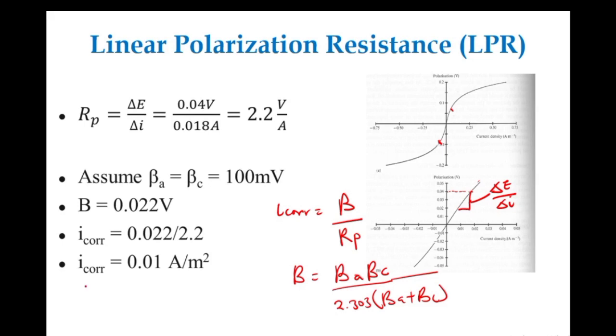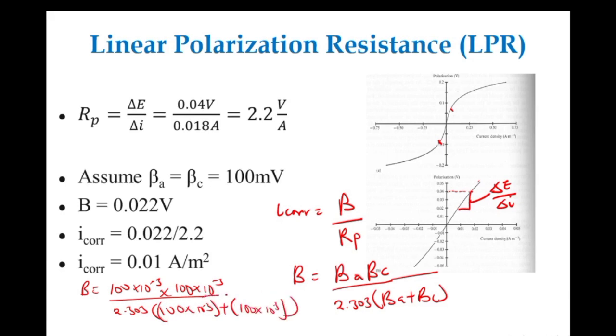You're going to get B is equal to 100 times 10 exponent negative 3 times 100 times 10 exponent negative 3, all over 2.303 times the bracket of 100 times 10 exponent negative 3 plus 100 times 10 exponent negative 3. You close the bracket, and when you do that with your calculator, you're going to get an answer which is approximately